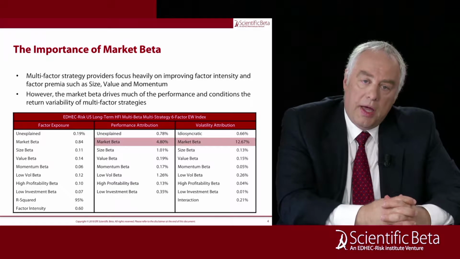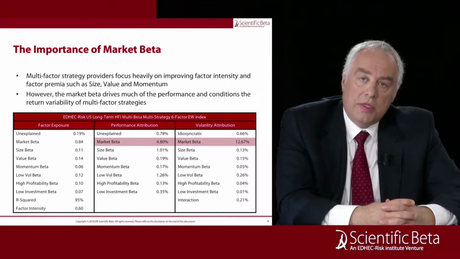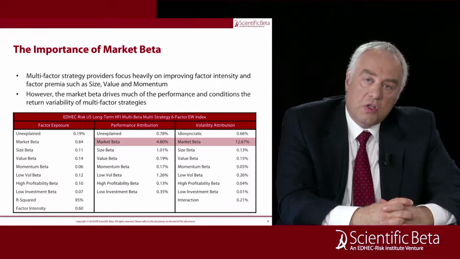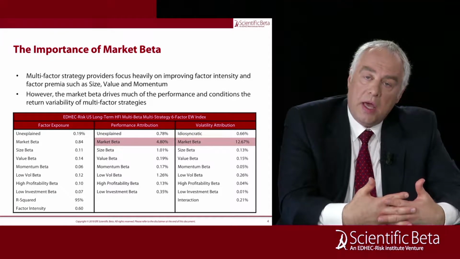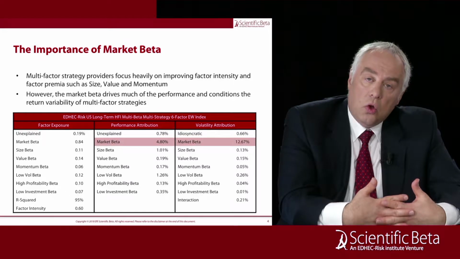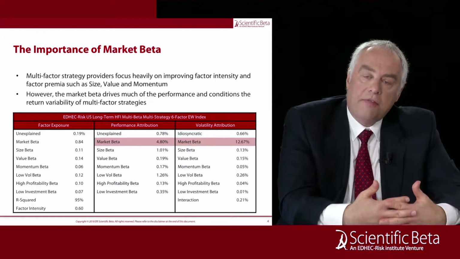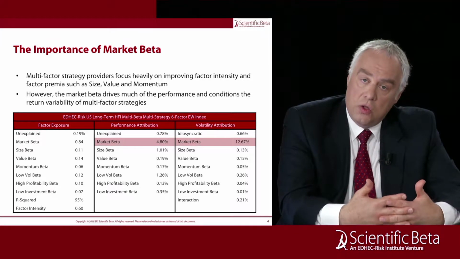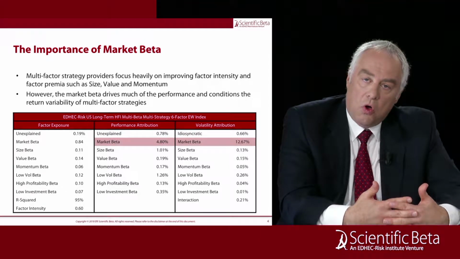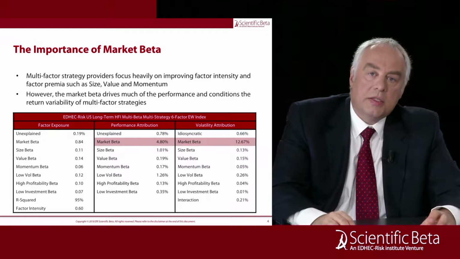When we do an analysis of the factor exposure of a multi-factor strategy, what we see is that typically the market beta of a strategy is around 0.84. It tends to be less than 1, somewhere between 0.8 and 0.9. So you are not getting full access to the market risk premium, and you tend to have a defensive bias when you invest in multi-factor strategies. So that's a first important observation: market risk is important and you tend to have a slightly